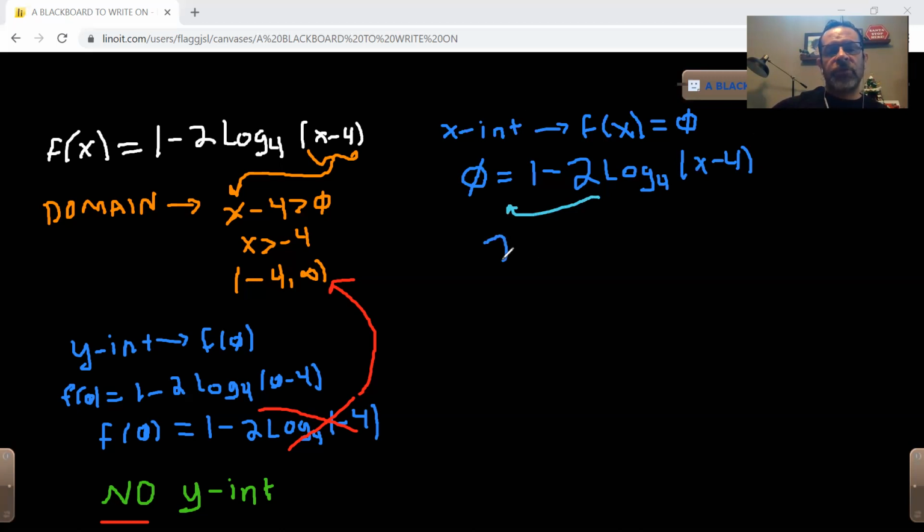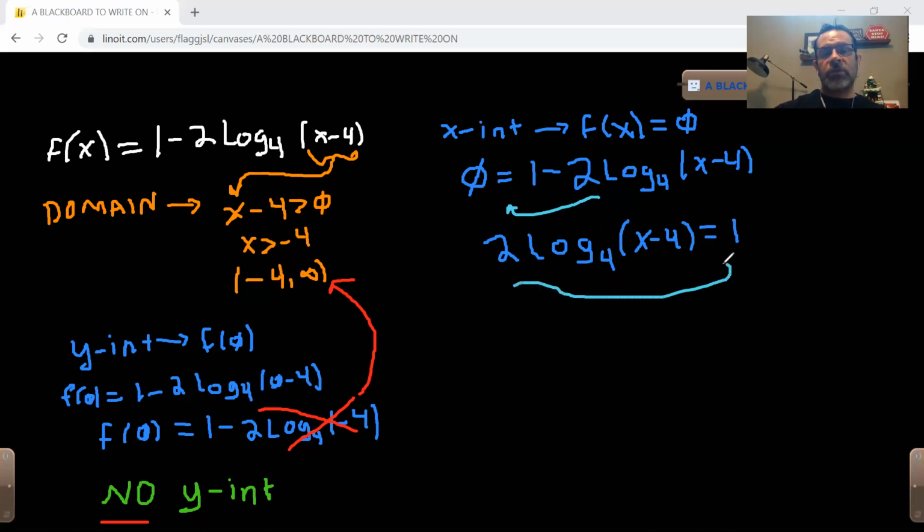And so we're going to have 2 logarithm base 4 of x minus 4 equals 1, and we can send this 2 to the other side dividing, and so we're going to have logarithm base 4 of x minus 4